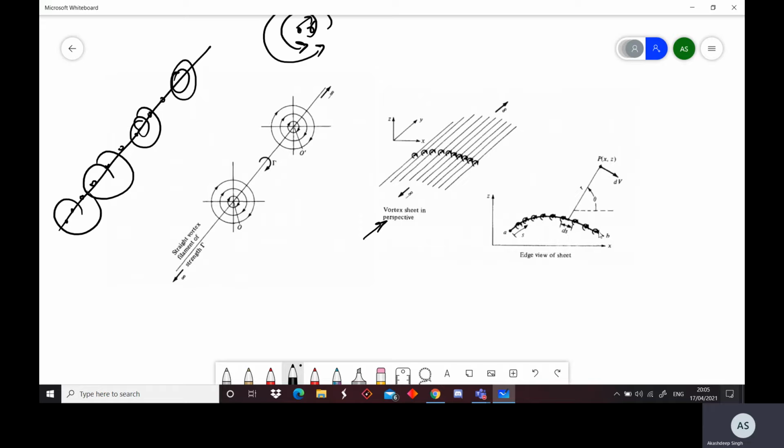you will look at something like this. Later we'll realize that this is a representation of a thin airfoil, the camber line of the airfoil, because it has similar representations. We know that for a lifting cylinder, it is enough to have uniform flow, a source flow or doublet flow, and vortex flow. These flows can represent an entire lifting cylinder flow. Similarly, we can represent these vortex filaments as a representation of a thin airfoil.